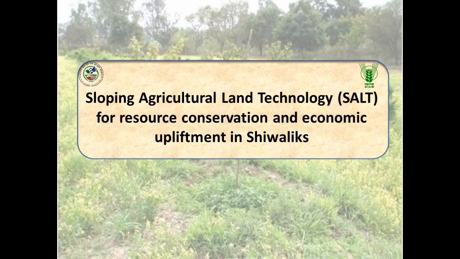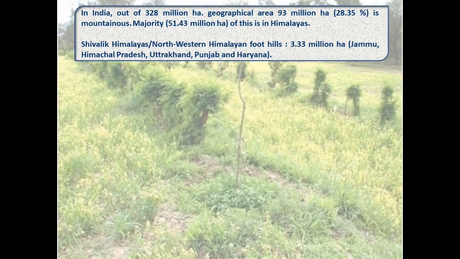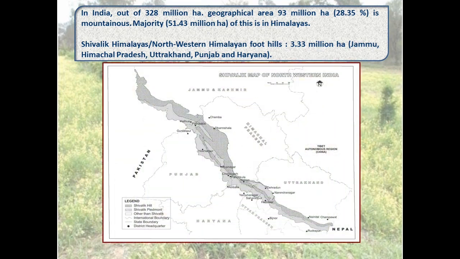Sloping agricultural land technology for resource conservation and economic upliftment in Shiwaliks. In India, out of 328 million hectare geographical area, about 28.35% is mountainous and majority of this is in Himalayas. Shiwalik Himalayas are the outer Himalayas and most part of this lies in foothills of northwestern Himalaya and comprises of